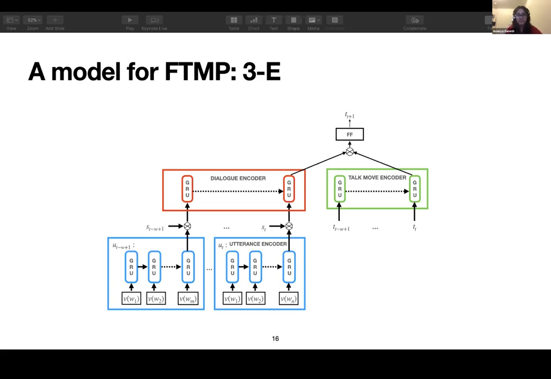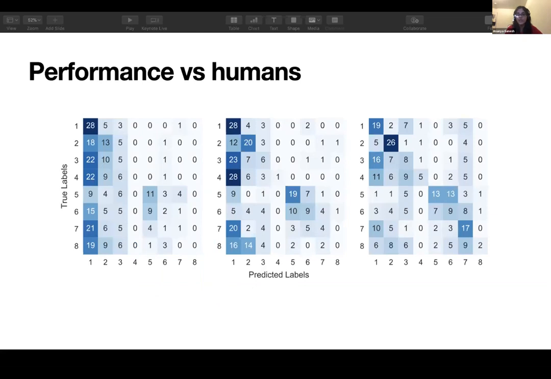How does it perform? We run a small diagnostic survey with 2 human annotators. So in the confusion matrix here, the chart on the left, the leftmost is our model's performance, and the middle and the right are the 2 human annotators. A broad overview tells you that the model identifies similar patterns to what the human annotators do, especially the first and second.